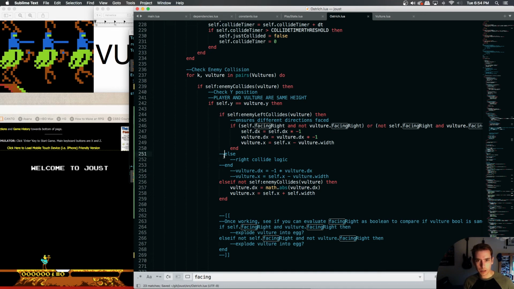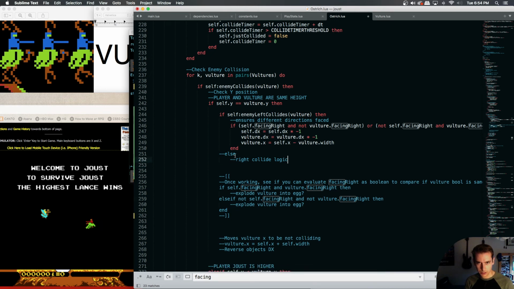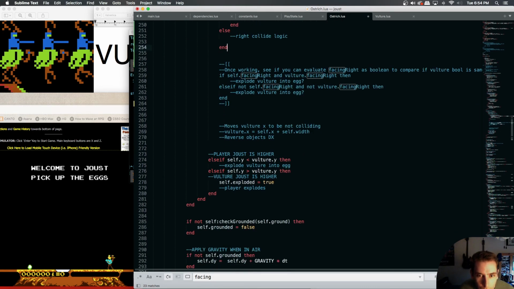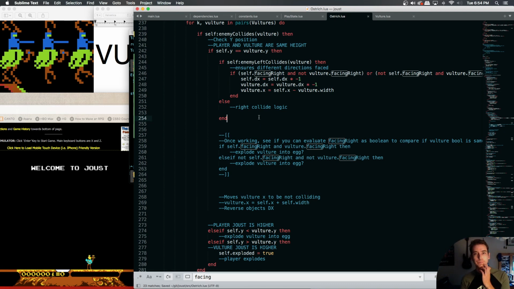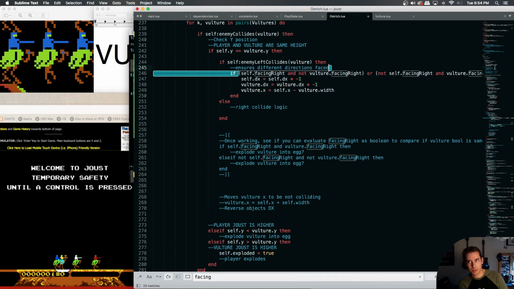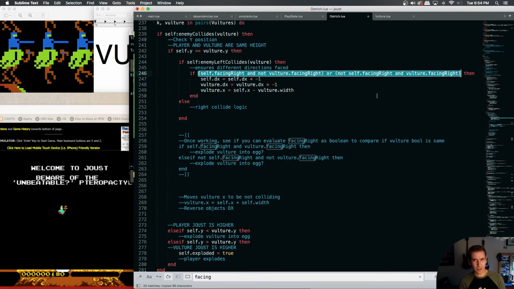So now we can say all this is not right. We can say else, right collision logic end, and our right collide when facing different directions is the same thing in terms of dx, but different things in terms of x. So I think we need to do this same thing. We need to check, make sure we're facing different directions, and then